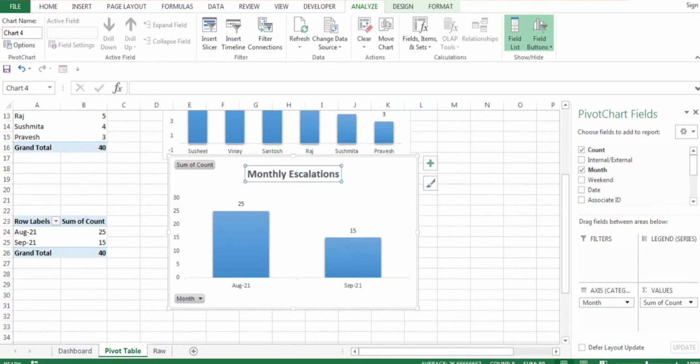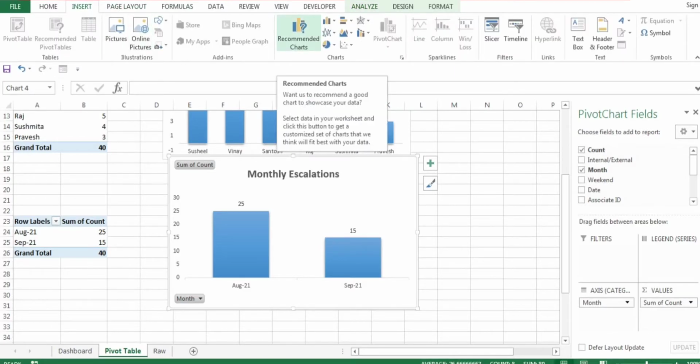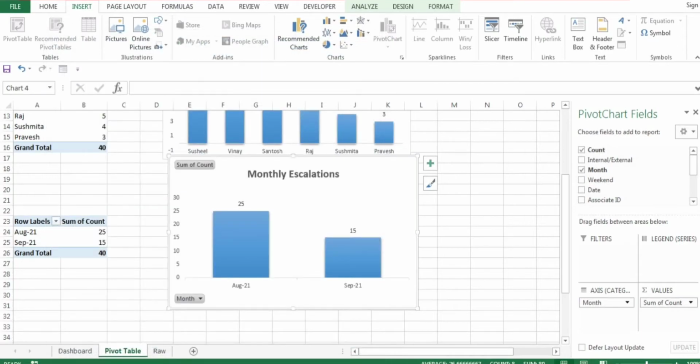Okay, so guys, if you want to show contribution, you can show contribution. If you want to show it in a line graph, you can do that as well. If you go to insert, we have the option of a line graph too. It's up to you in what way you want to represent the graph.